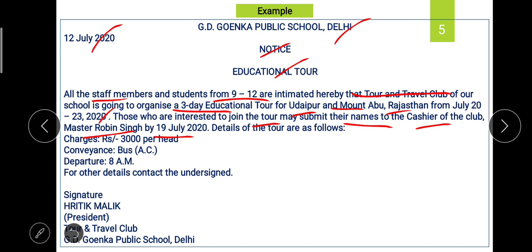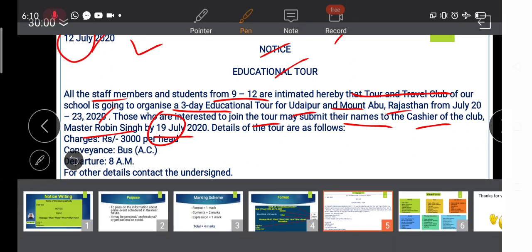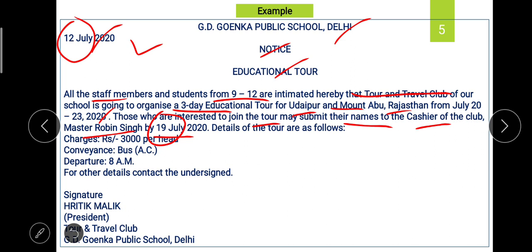Now students, two dates you have to make mention of. First is the date on which you are writing the notice, and second is the date when the event will start. And there should be a very logical gap between the two. It must be a logical gap. If over here you are writing 12th July and at the beginning you are showing 9th July, it will be irrational, illogical. So whatever you write must appear as if you are writing for your personal life. This should be the quality of the contents.